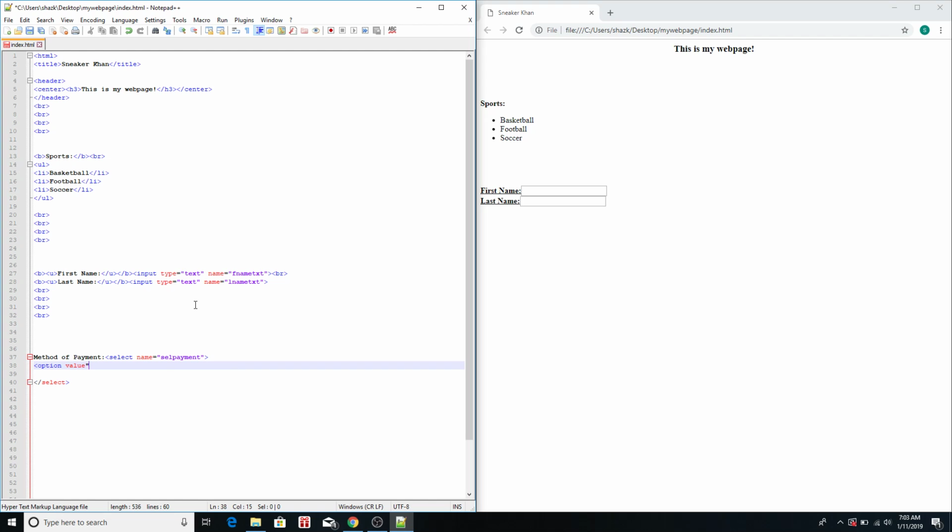I'm just going to call this our value. Again, we're going to be calling this later, so we want to call this CC for credit card, and so credit card option. Okay, and then we want another option, which is